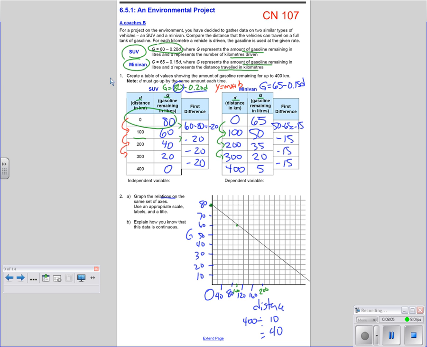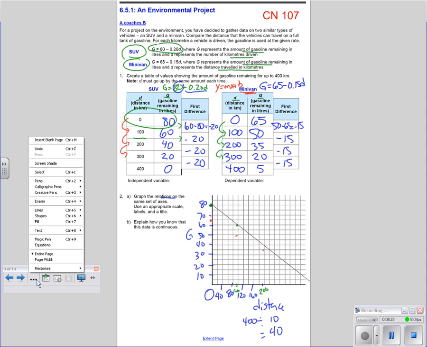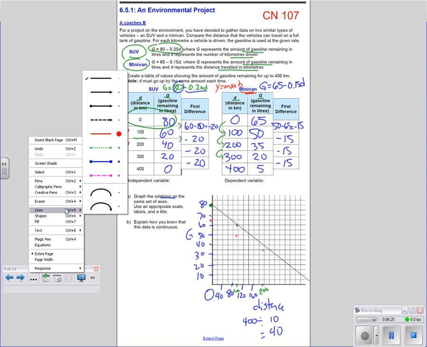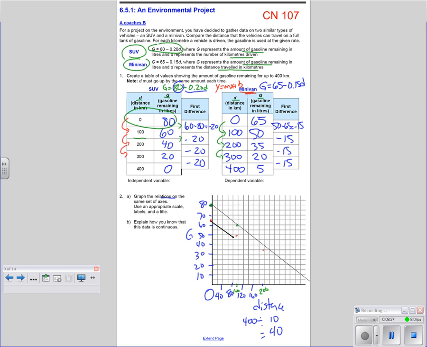And for the minivan, I'll use red. So I start at 65, and then I go down to 50 after 100. So we have 2 points here. And after 200, I should be at 35. So I've got enough information to draw this line. And we'll use this one. And what we see is,